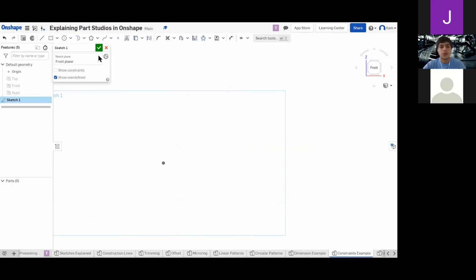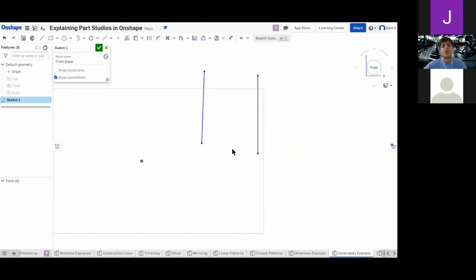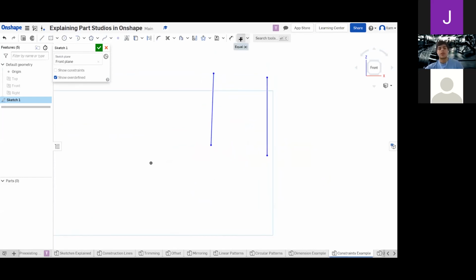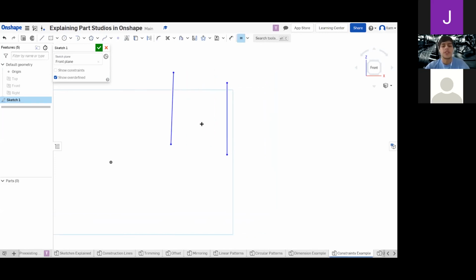I'll demonstrate to you guys real quickly with 2 lines. It won't work directly with rectangles. If you want rectangles to be equal, then you have to get all the lines to be equal. So here you have the equal constraints. You're going to click on this one, and although you may not see much of a difference, they are